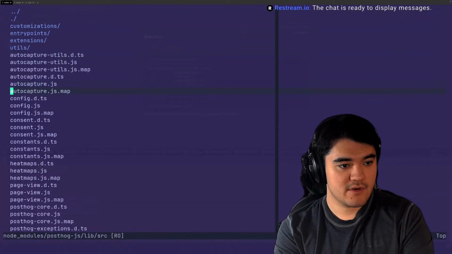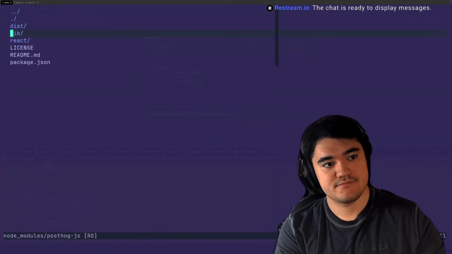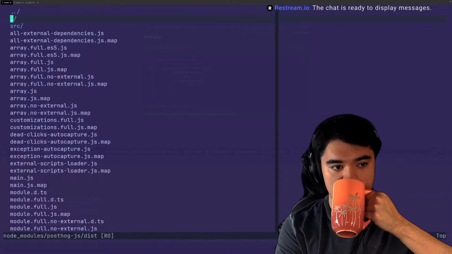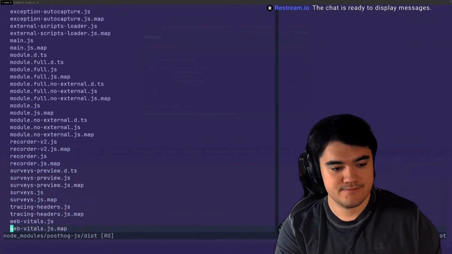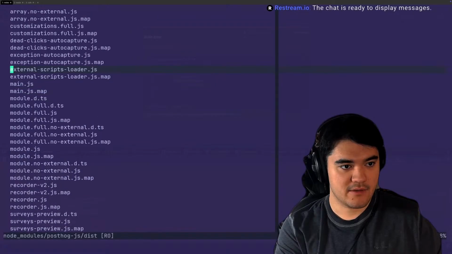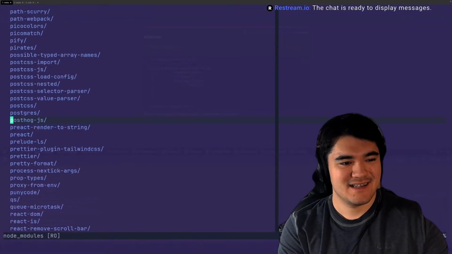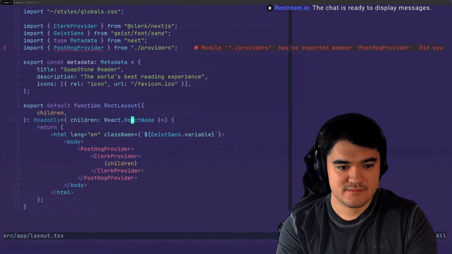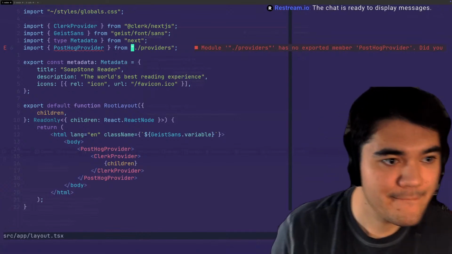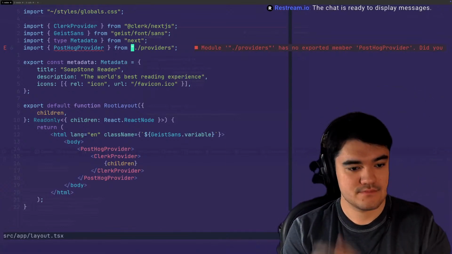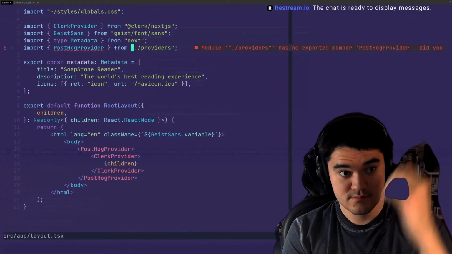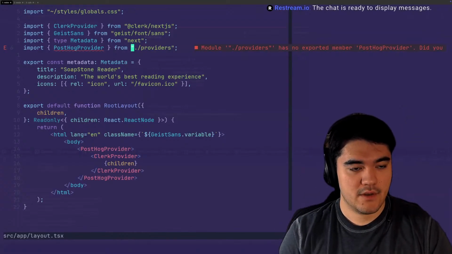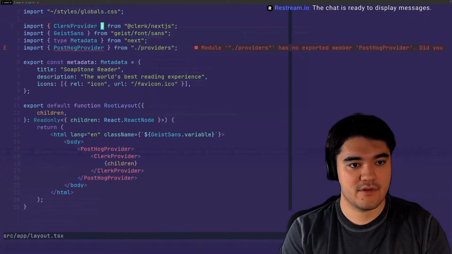Oh, this is looking in the wrong place. Oh, this is very annoying. Ah, man. JavaScript, man. Alright, because look, I import ClerkProvider like that.